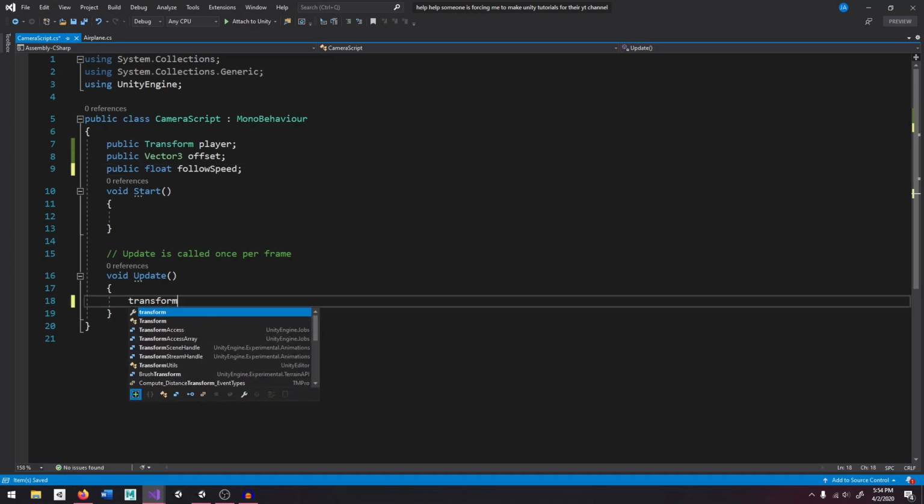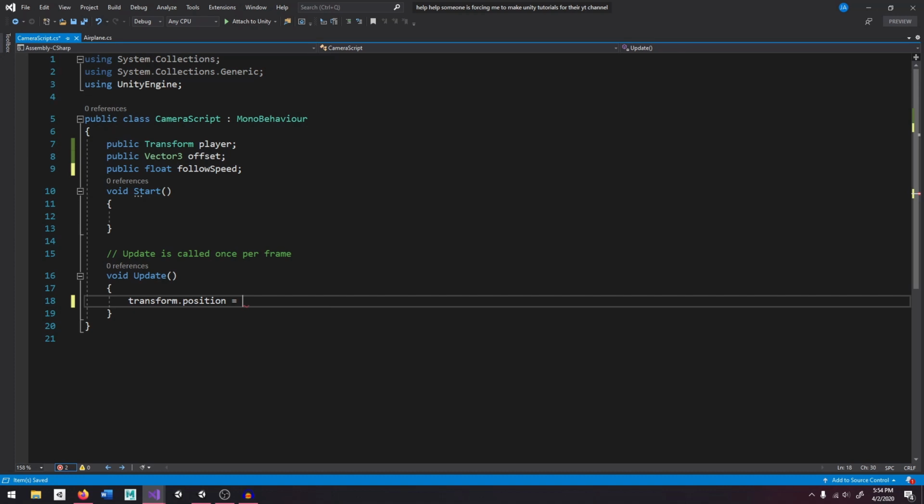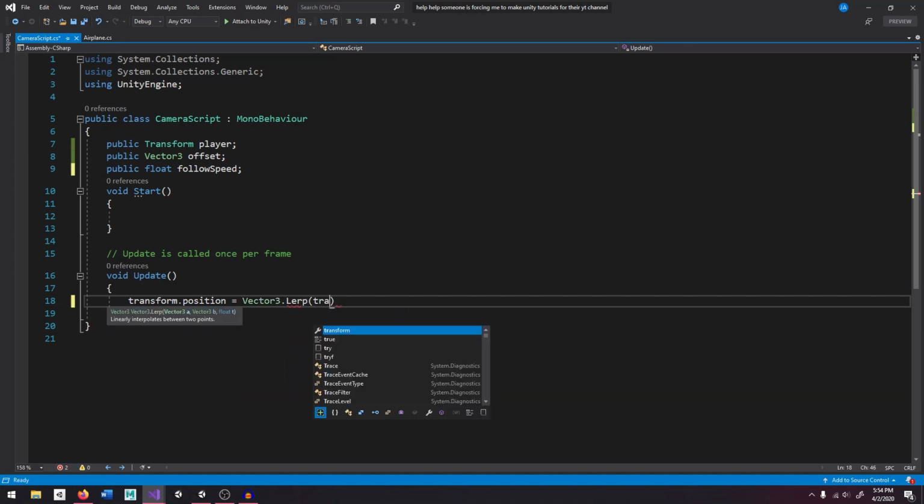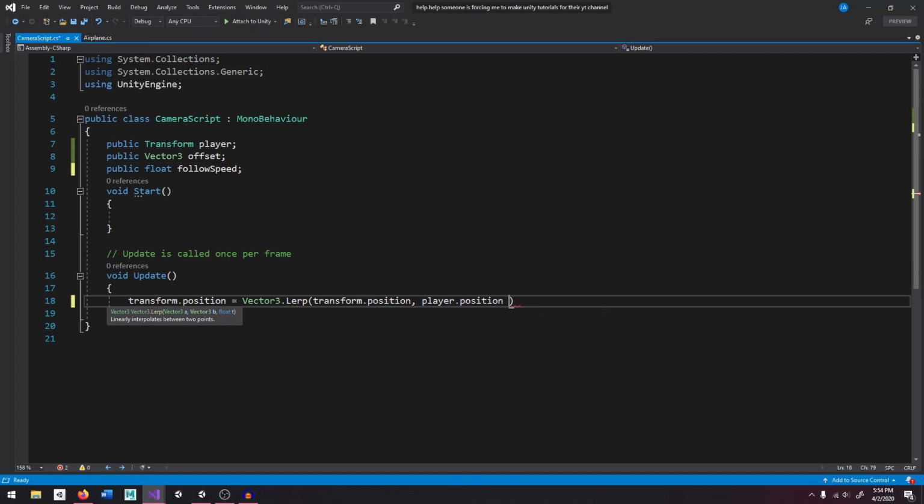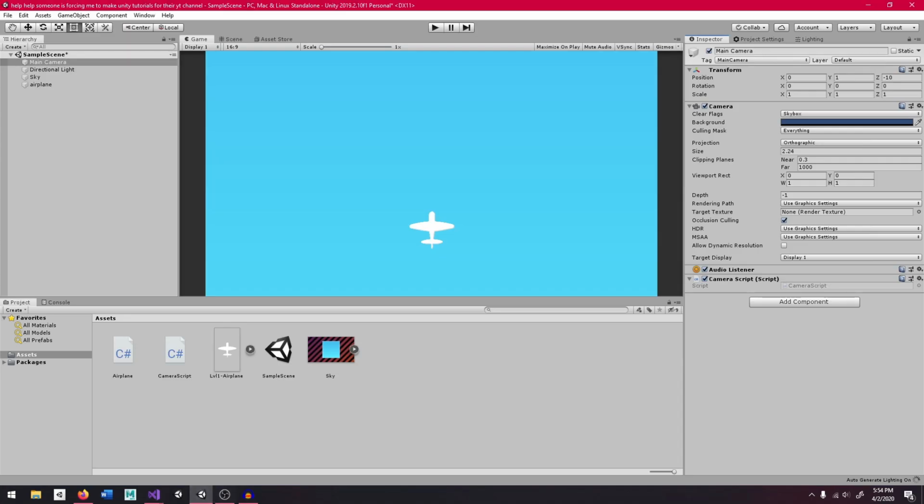and type transform.position equals Vector3.Lerp from transform.position to player.position plus offset and followSpeed times followSpeed. So now I can save the script and go back to Unity,